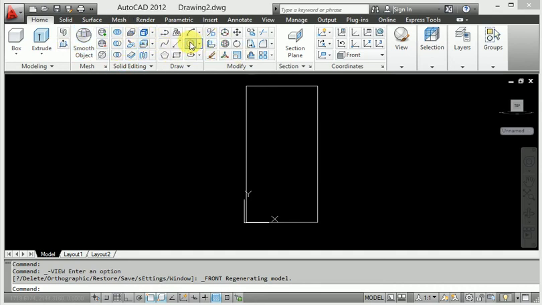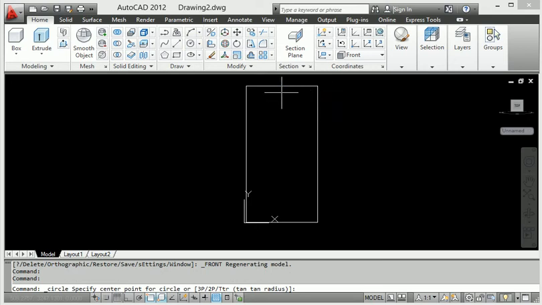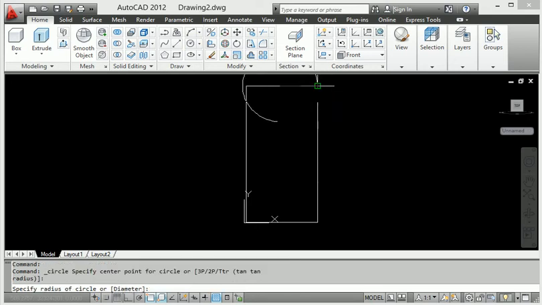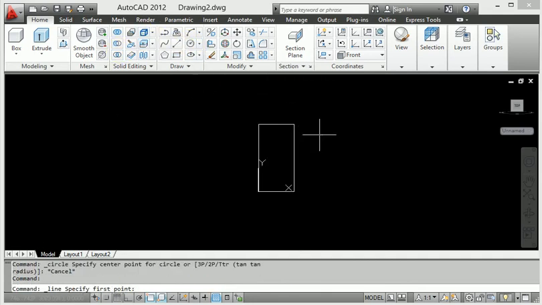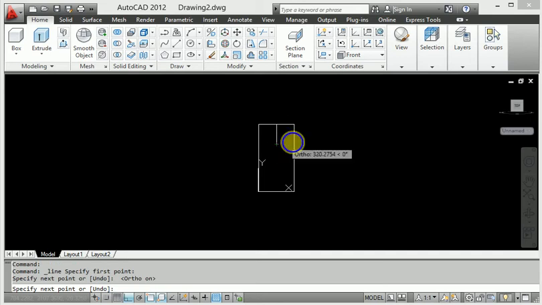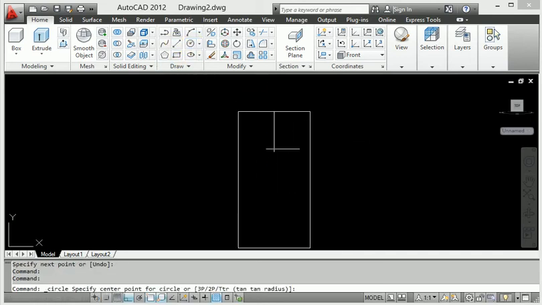When I create the circle at the point, here I make this circle, not from the center. When I click the first line, the line has been joined here. Look at this. When I start the circle, the circle has been joined here.